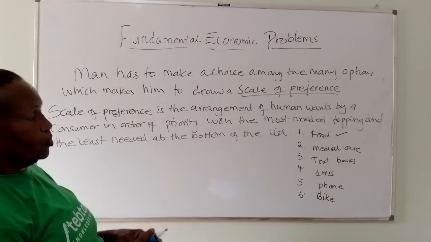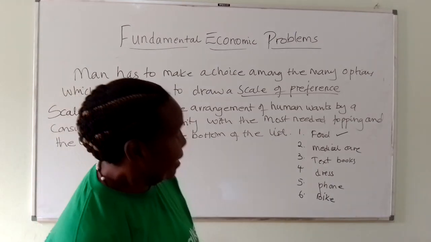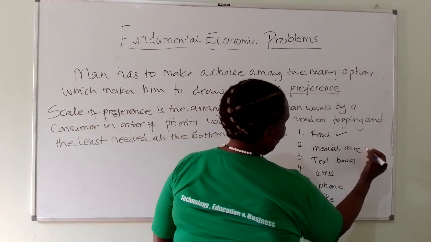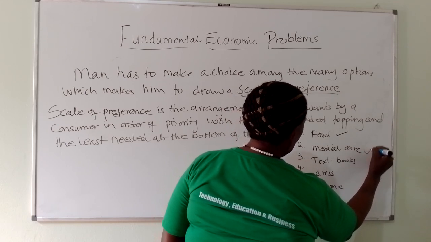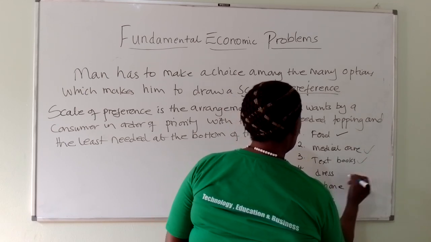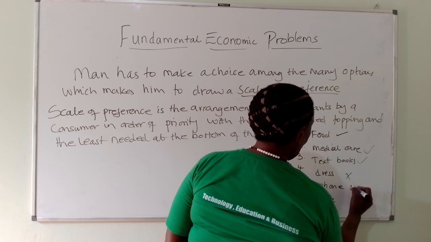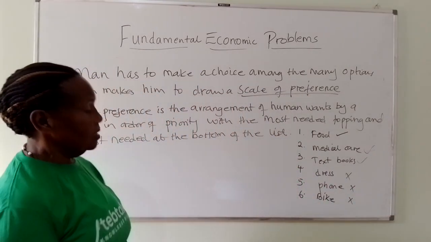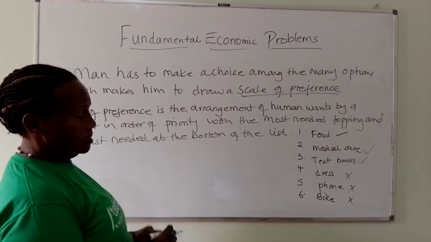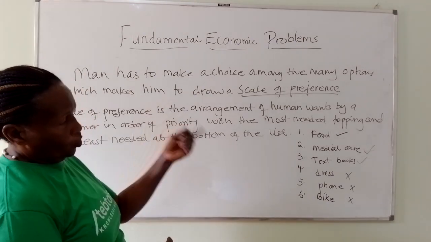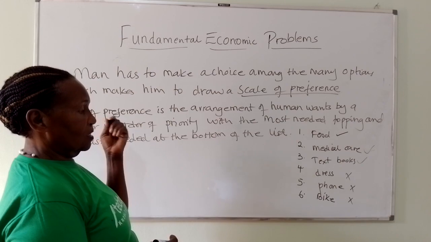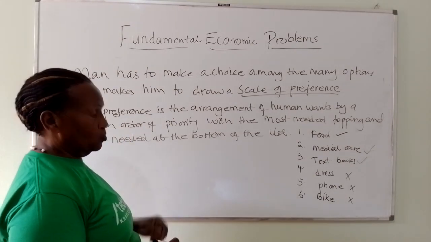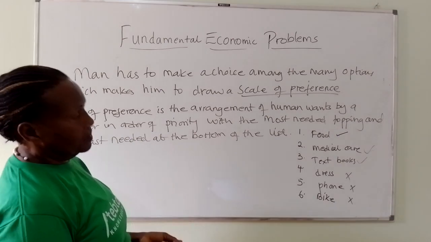And having come to choice, we see that now we are choosing one commodity and leaving out another. Whatever has a tick, if you are given the money, you may be able to buy it, but you find that for all these, you don't have the money. Though you wanted them, the resources could not permit you to get them. So you choose what you can obtain using the available resources, and you leave out what you wanted but cannot access because of the limited money.